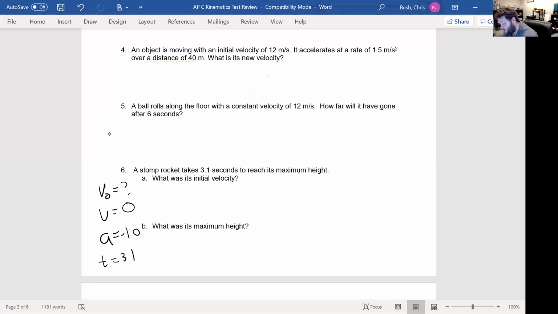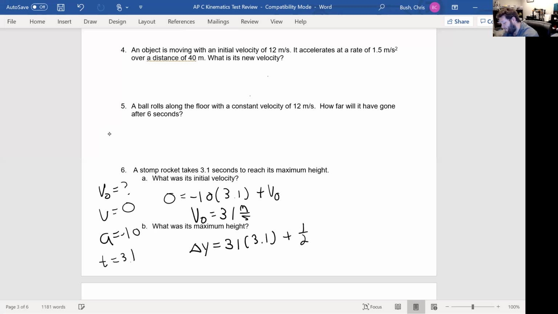So the first thing we can do is v equals at plus v naught and solve for v naught. That's just going to be 0 equals -31 plus v naught. So v naught's got to be 31 meters per second. So now we can find your maximum height, which is v naught times t